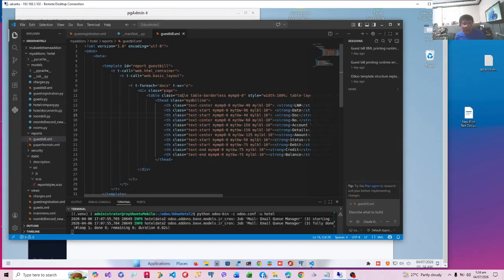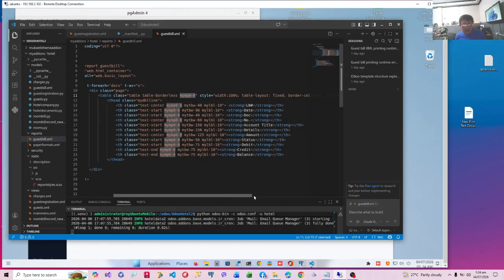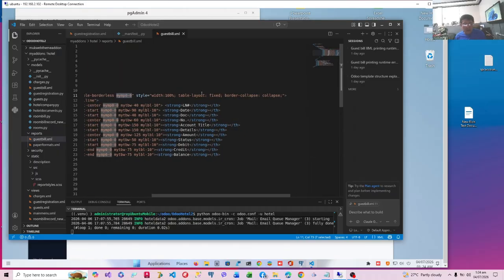And then the table. The first two classes are bootstrap classes. The class is a table and it's a borderless table. It will have no paddings. This is our style, no? And the width is 100%, so therefore it will occupy 100% of the whole row. These are bootstrap classes. And the important part is the border collapse. It's standard CSS. When you say border collapse, borders in a table are enclosed in a box, no? So each cell has a box. When you say collapse, the double borders will be collapsed into single borders.